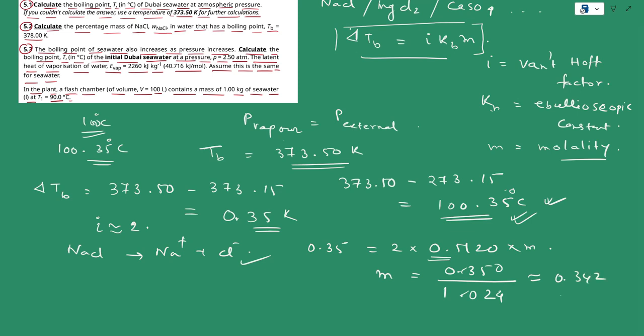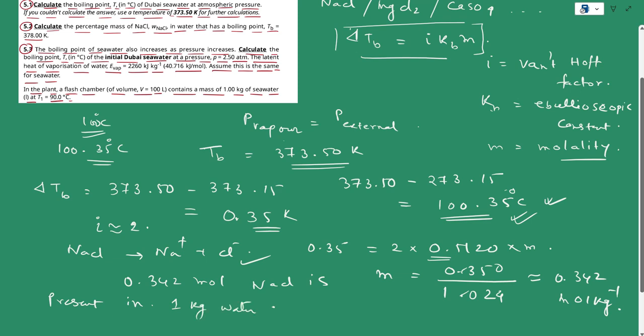Okay, 0.342 mole per kg. Okay, now what does that molality mean? Do you know that? Molality means the moles of solute per kilogram solvent. So 0.342 mole NaCl is present in 1 kg water,